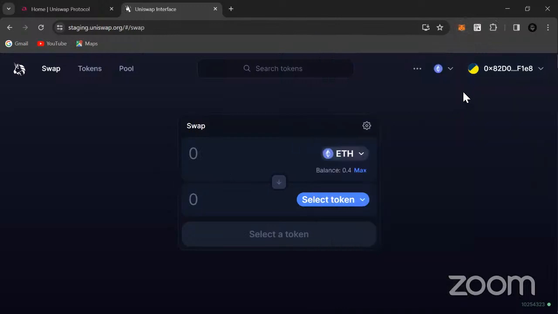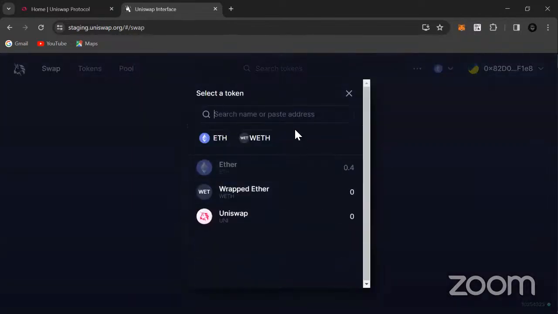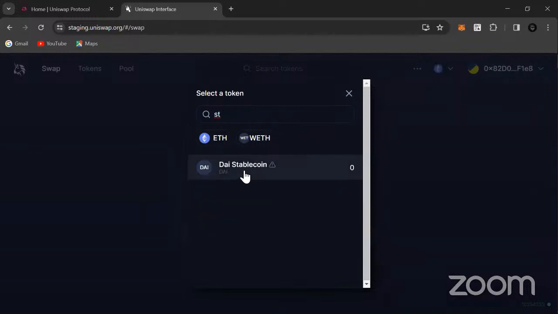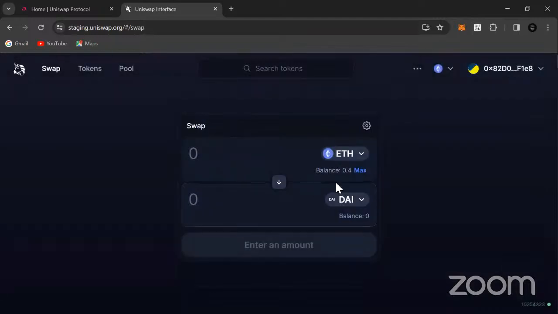So we've connected our wallet and we want to swap our Ether for, let's look for a stable coin, some DAI. That is a stable coin also. When I say stable coin, I mean that it is pegged to the dollar.